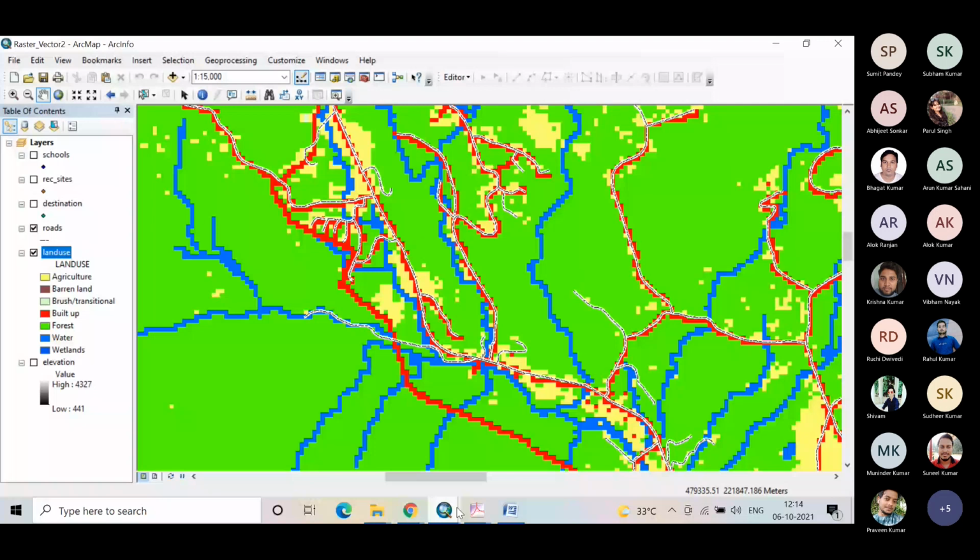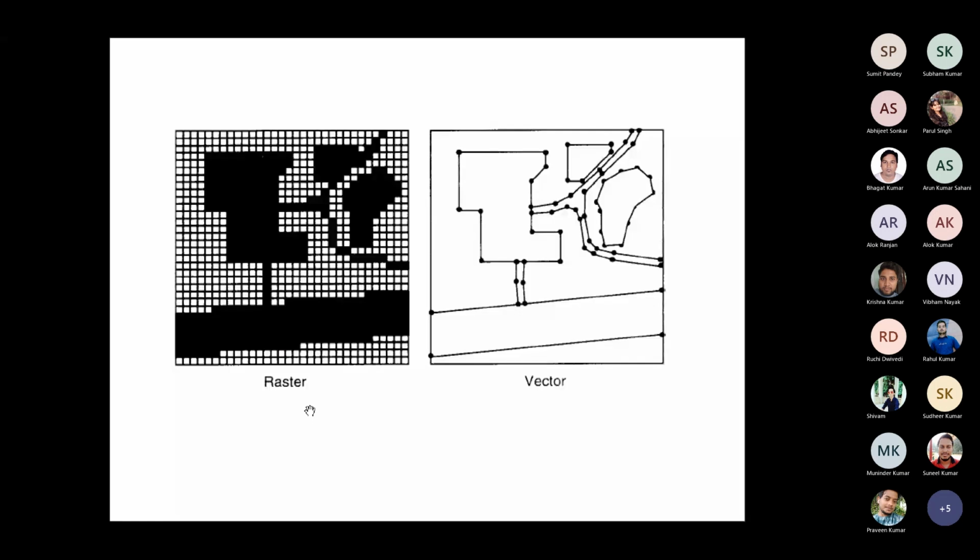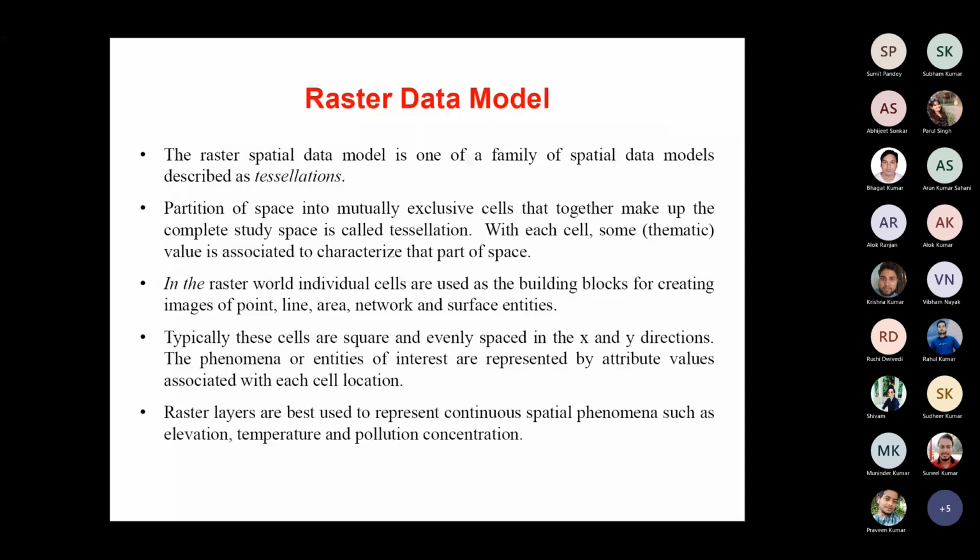So first we will learn about the raster data modeling, and after that we will learn about the vector data modeling. In raster data modeling, there is a term called tessellation. Okay. One more thing, when we talk about the raster data, okay,